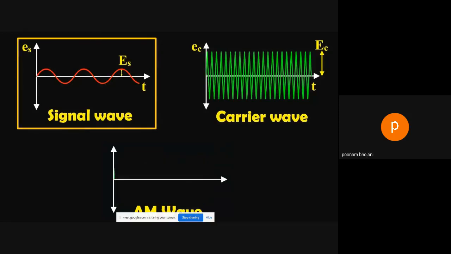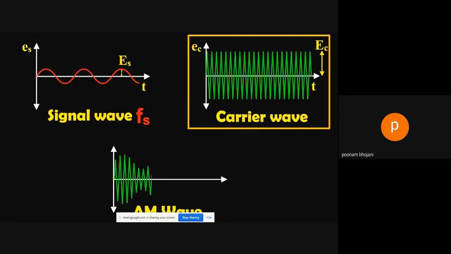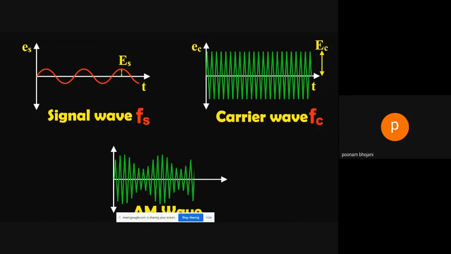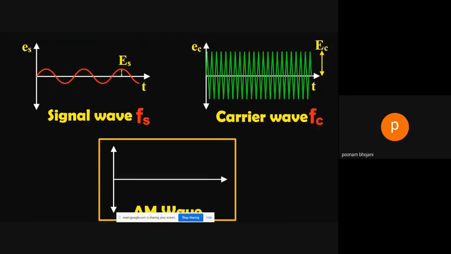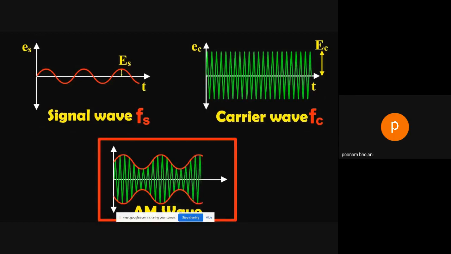The first visual shows the principle of amplitude modulation. The diagram also shows the audio-electrical signal of frequency Fs. The second visual shows a carrier wave of constant amplitude with frequency Fc. The third visual is the amplitude modulated wave. It is to be noted that the amplitudes of both positive and negative half cycles of the carrier wave are changed in accordance with the signal. Thus, the amplitude of the modulated wave possesses the frequency of the audio signal waves.